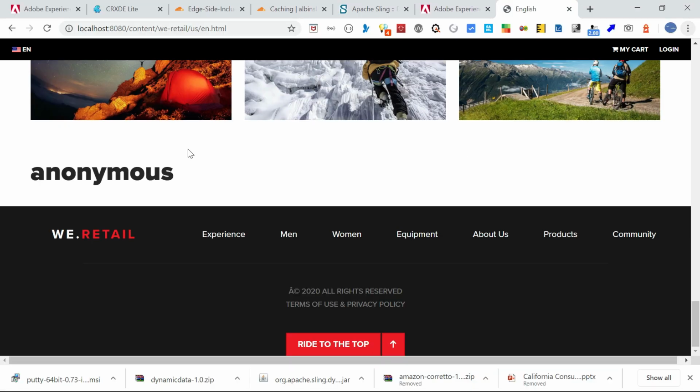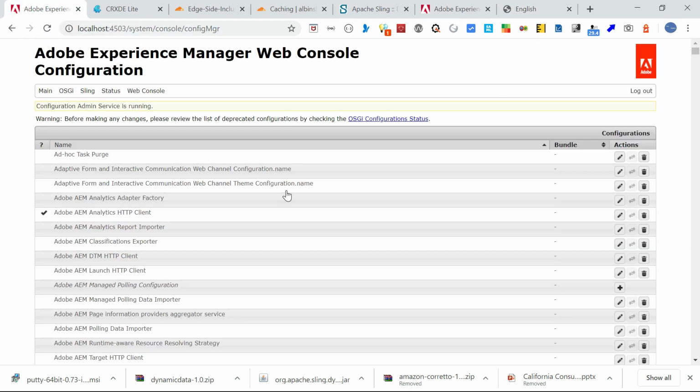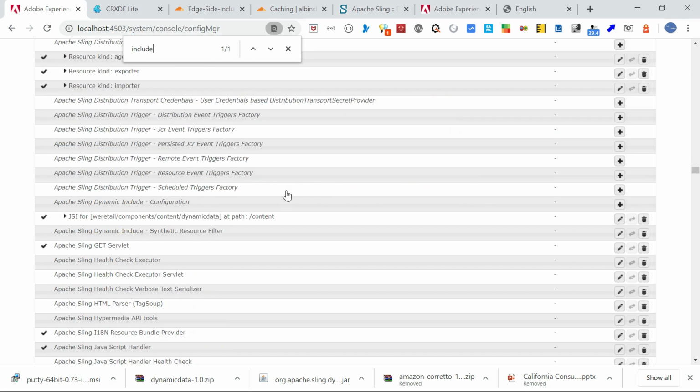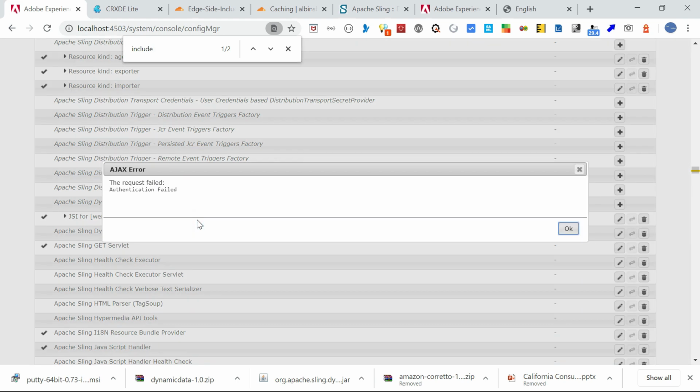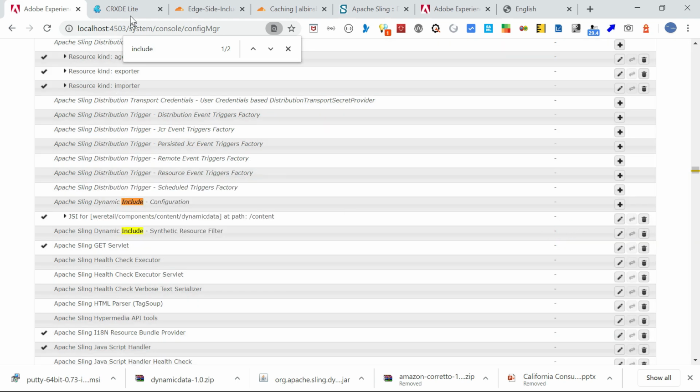Okay, now let's see the next option, the SSI, server side include. So what I will do is I will again go and change the option here. I need to log in.